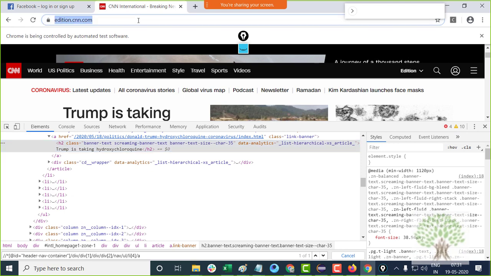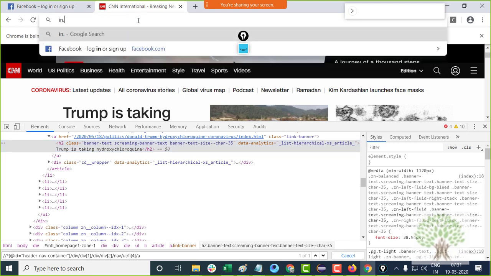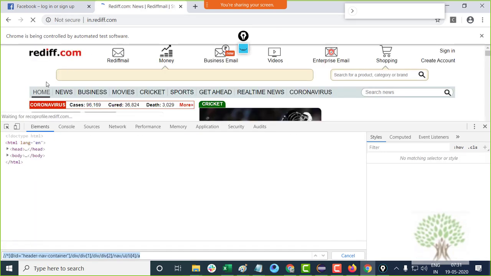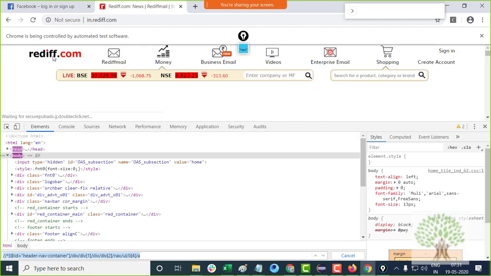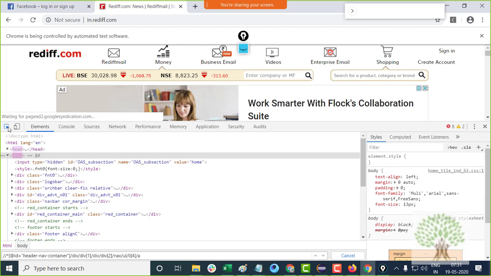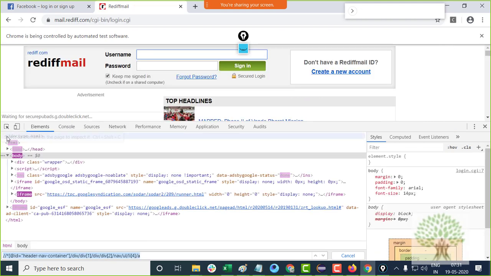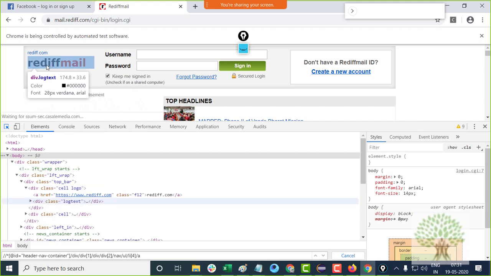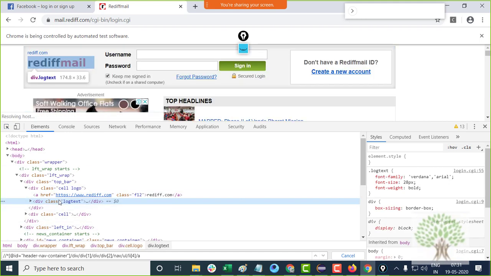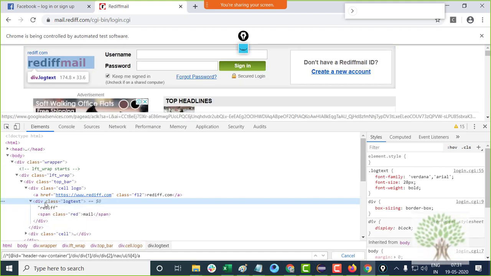Fine. If I go to a website like, say, in.rediff.com, over here this is the image rediff.com. If I look at this image, or if I go to the sign in page, right, this image over here is somewhere inside this div tag, right.